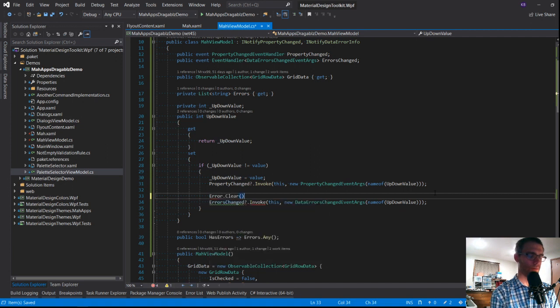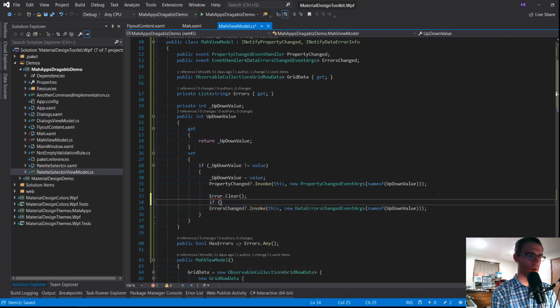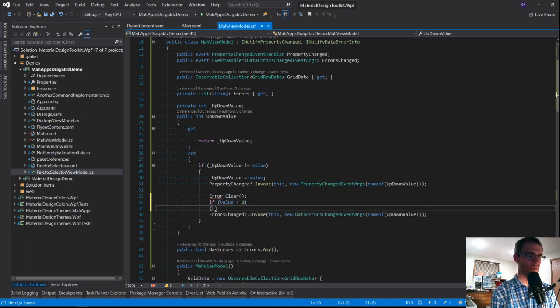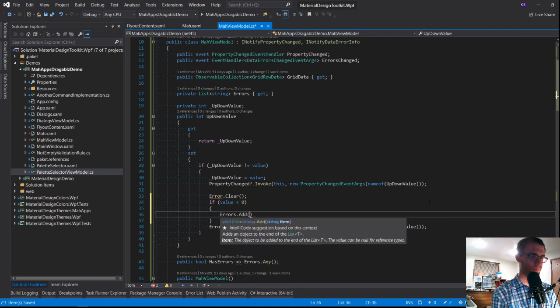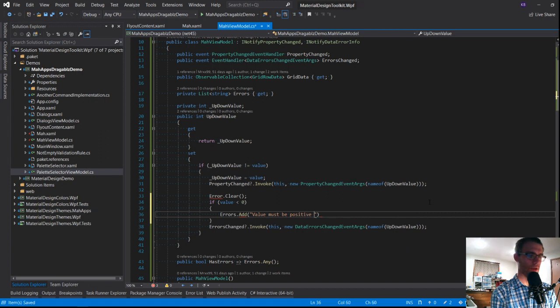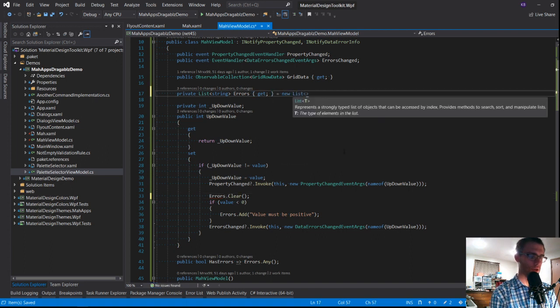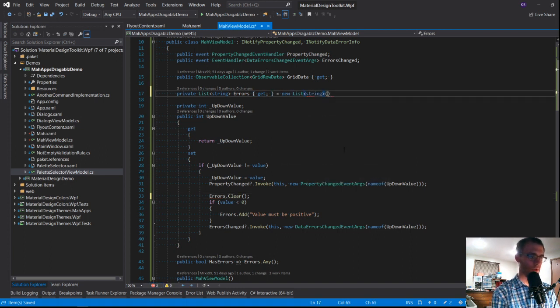There's clear. If value less than 0, there's add. Value must be positive. All right. Okay, so points for spelling. We need to actually initialize our list. Okay. Something akin to that. Go.